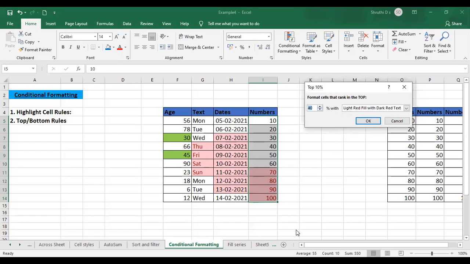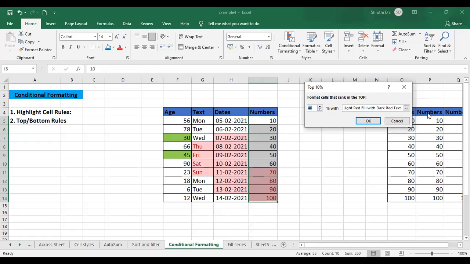To help you understand: in a range of cells, if a student has scored 90 out of 100 and they ask for the top 10%, the student with a percentage between 90 and 100 will come in the top 10%. Like that, you can highlight cells with percentages.